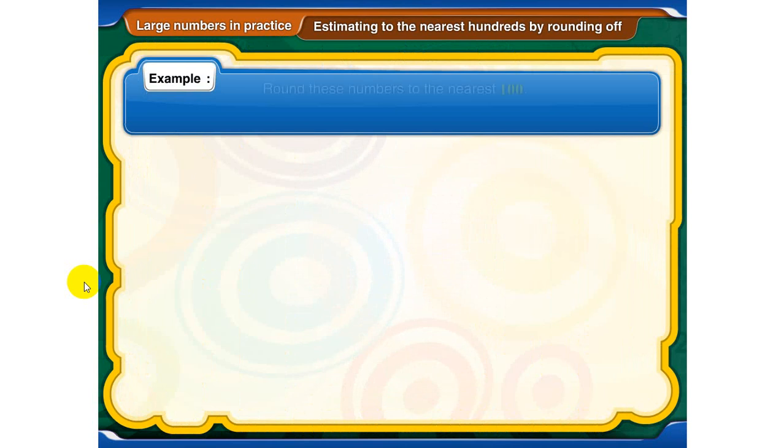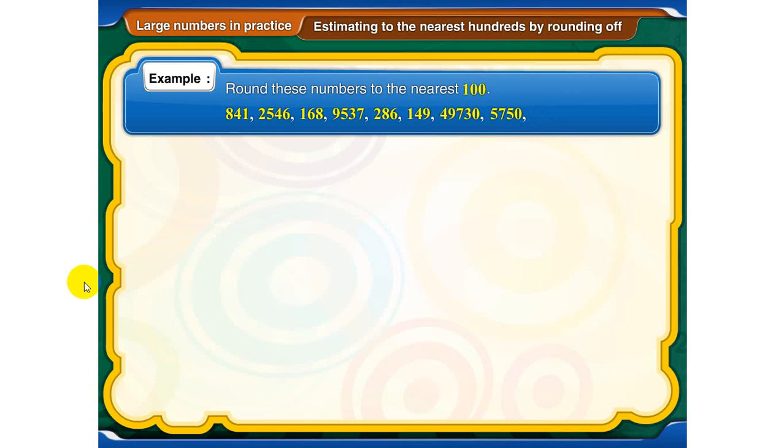Example: round these numbers to the nearest hundreds. 841, 2,546, 168, 9,537, 286, 149, 49,730, 5,750, 9,870. Solution: